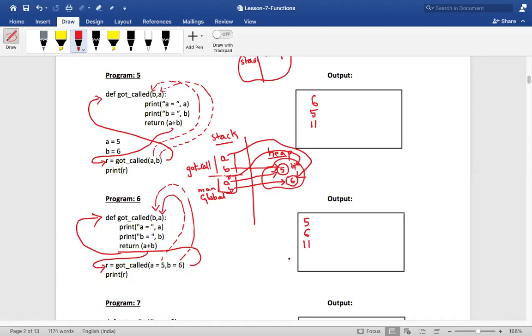Balaji, sir, can I give x comma y in the definition and a comma b in the call? Yes, you can do that. But in this case, if you do that, you will get an error, because in keyword based, the keyword should be the same. Whereas in position based you can give any names, not a problem. Here you can say a comma b, here you can say x comma y or whatever it is. They have no relationship. But when you say keyword based, you have to give the exact keywords only, else you will get an error.